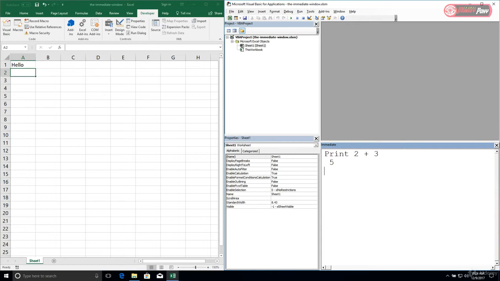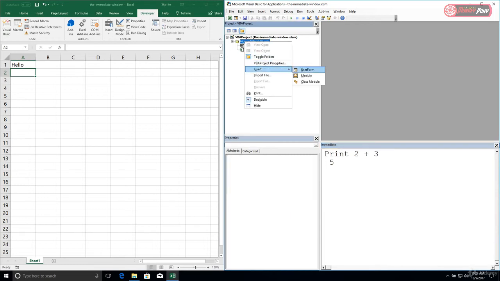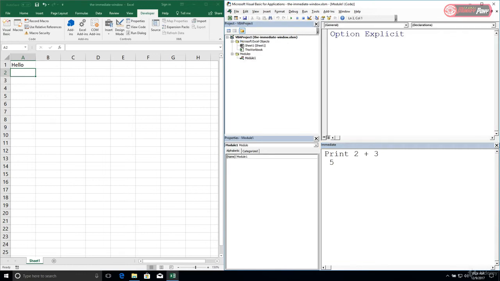Let's go ahead and create a brand new module to store our procedure. So insert a new module. The default module name of Module1 is fine for now. And I'm going to create a procedure here, again with a Sub keyword, PrintStuffToConsole. Once again, we have to add on that pair of parentheses at the end. The Visual Basic Editor will automatically add End Sub for us, but you do have to remember those keywords in case it doesn't. And right here, in order to actually print something to the immediate window, we have to do this,